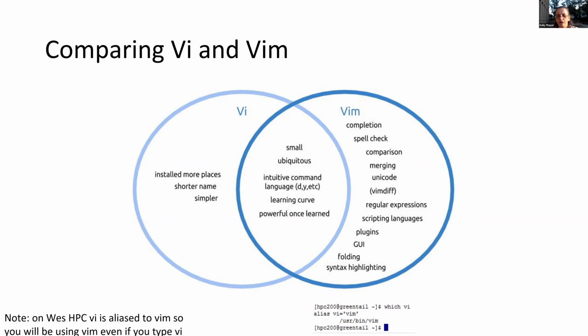Vim diff is a tool that will compare two files and tell you what's different. They support regular expressions, which means completion with patterns such as it starts with ABC and then you can put a star to match anything. It also is useful for writing scripts. There are plugins available. A GUI is available. There is also some syntax highlighting and other edits that may be useful for you as you are using this